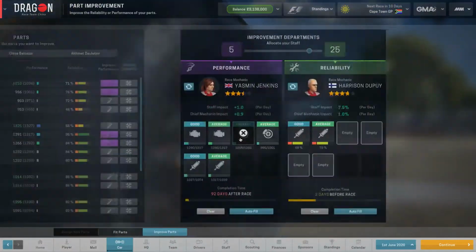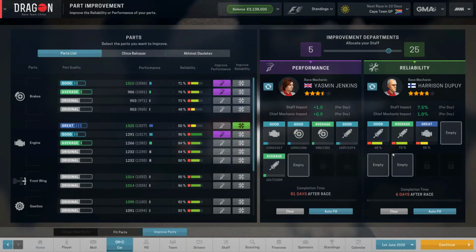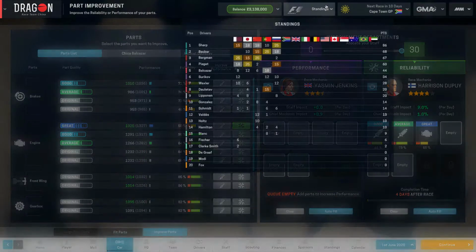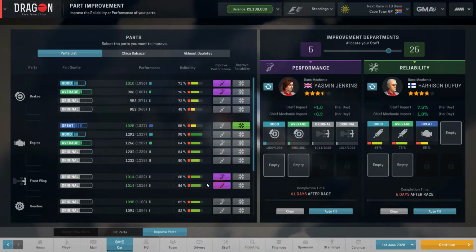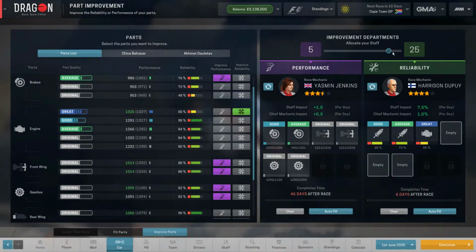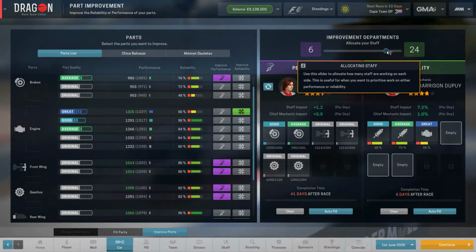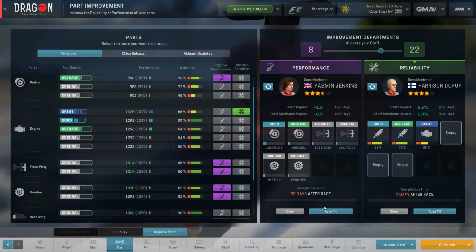Anyway, improvements. So, engines is fine, though of course we don't need to upgrade that one anymore. We want to focus entirely on this. I don't think there's much we can really do here, is there? So, let's try and focus on the front wings, the brakes, and the gearbox, for whatever minor boost we can get. Yeah, 22 and 8, so we'll get a bit more of a boost from this than we did have. The only thing I will say is that after about 2-3 days, I might just have to...